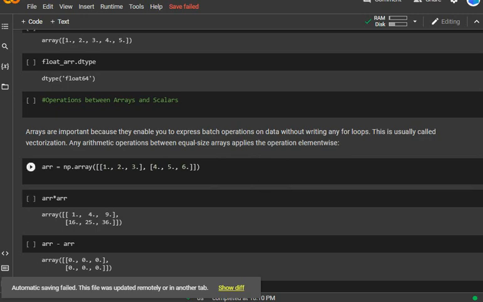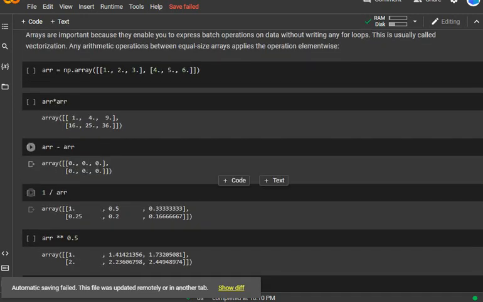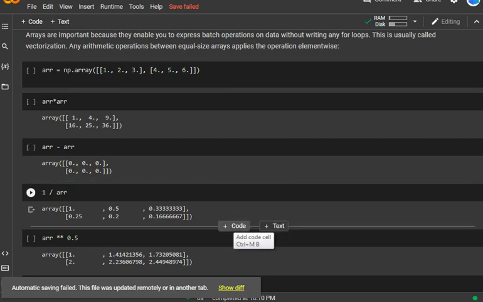Now np.array 1 2 3 is one list, and 4 5 6 is another, and we write it this way, as rows and columns, and we can multiply, so we get another array. Similarly 1 by the array can be divided.